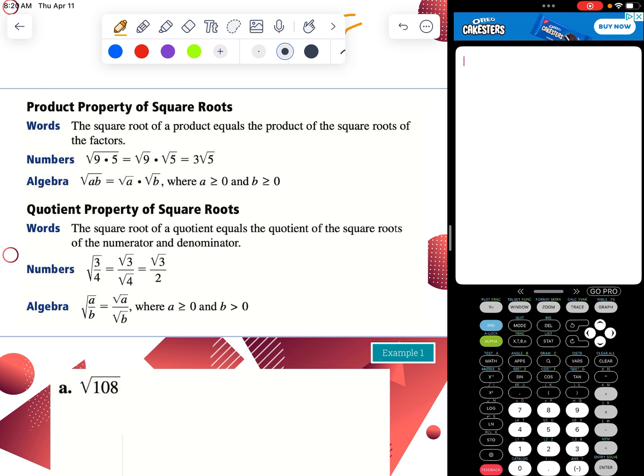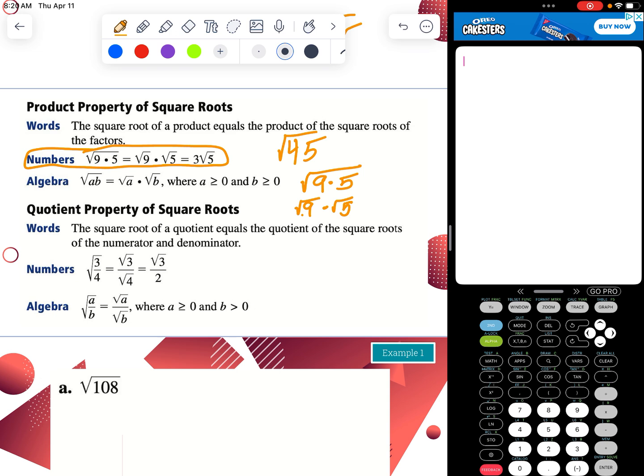The big thing that will make it so we can simplify square roots, the main focus, is being able to do this right here. Let's say that they give us the square root of 45. Well, it doesn't seem like we could simplify it. It's not a perfect square. The closest perfect squares we have are 7, which gives us 49, and 6, which gives us 36. But if we break 45 down, like they do there, into 9 times 5, which is 45, I am allowed to split this into 2 separate square roots